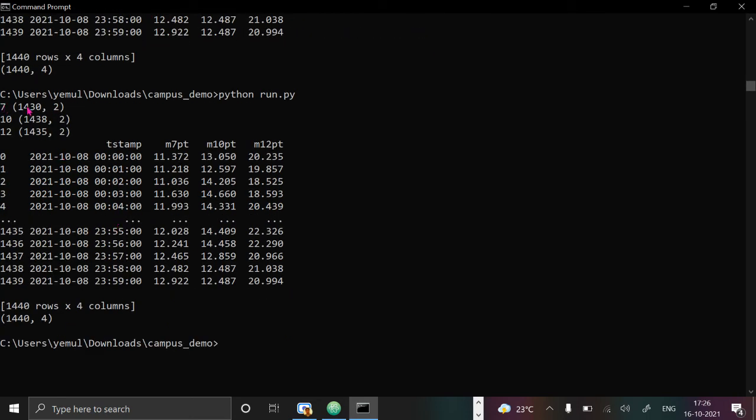See here, there were 1430 rows in meter 7, 1438 rows in meter 10, and 1435 rows in meter 12. So despite them having missing data, now we are able to show them in the same plot. So, by the way, how do we find missing data?